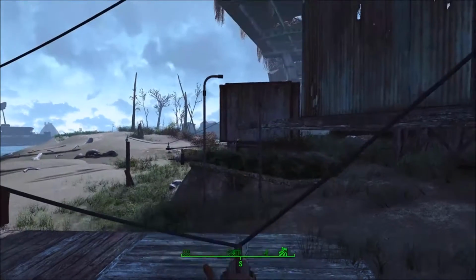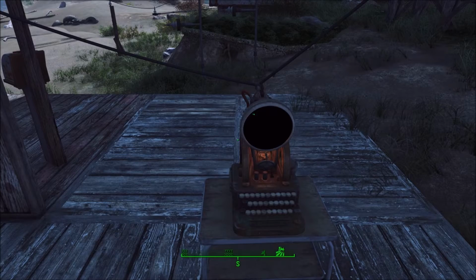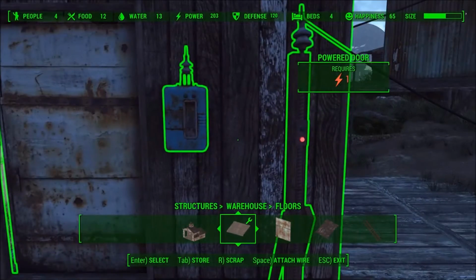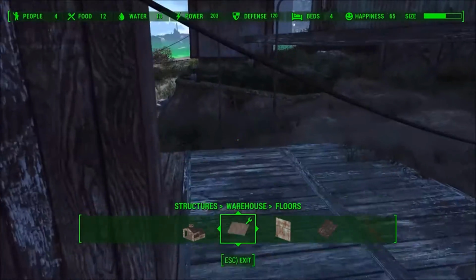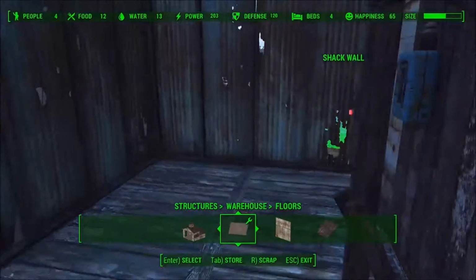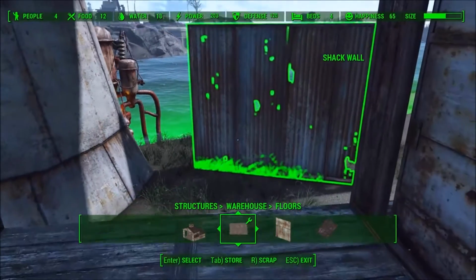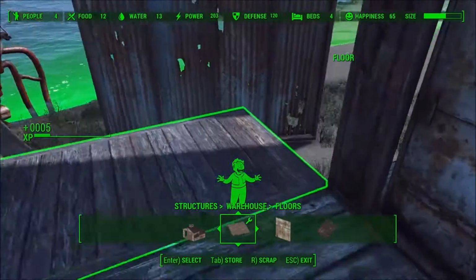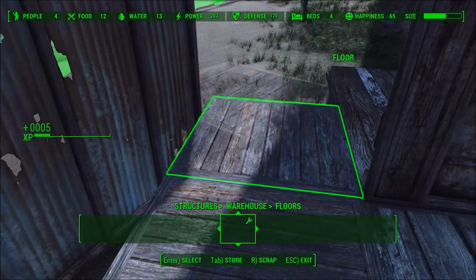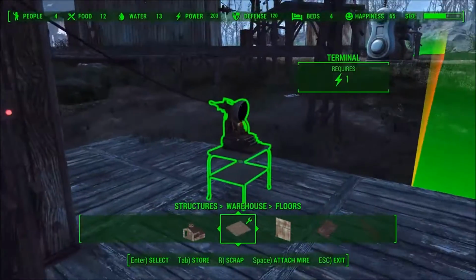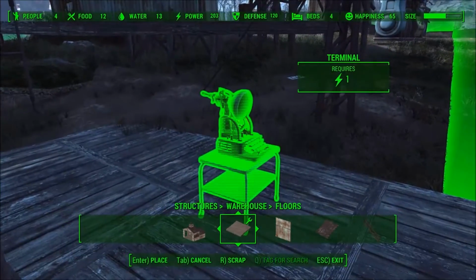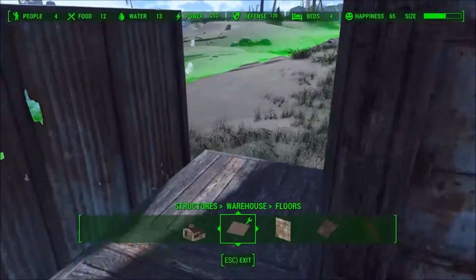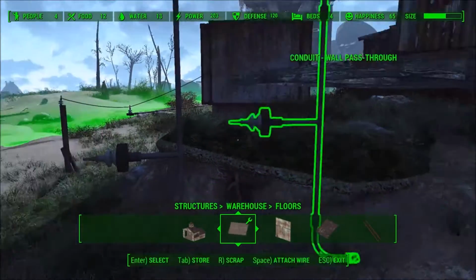Alright, so here are our switches and everything. And let's knock this wall off here. And I'll just put this floor here so that I can walk around. We don't need that anymore. Now that that power is set, we don't need that. But now we can put this on here. And now we can see what this is going to look like. We can take these